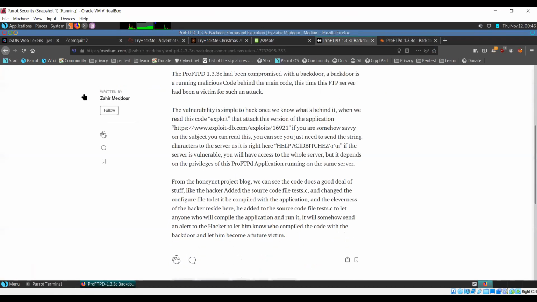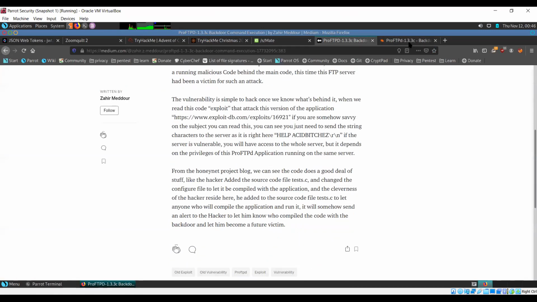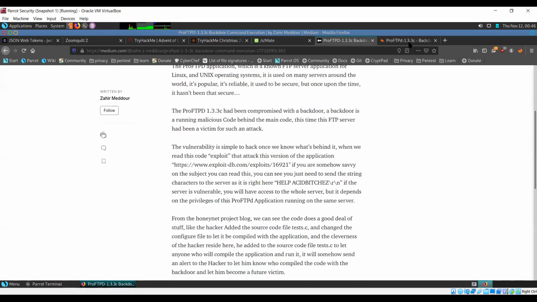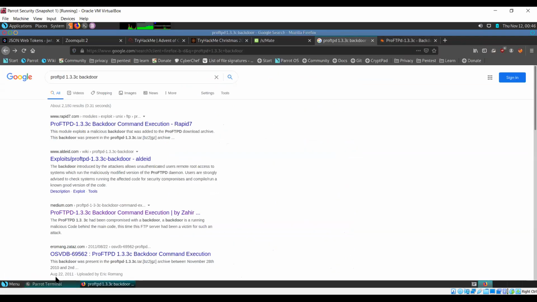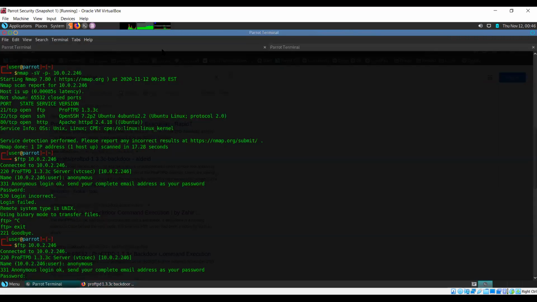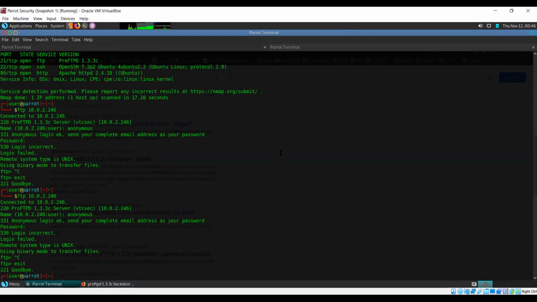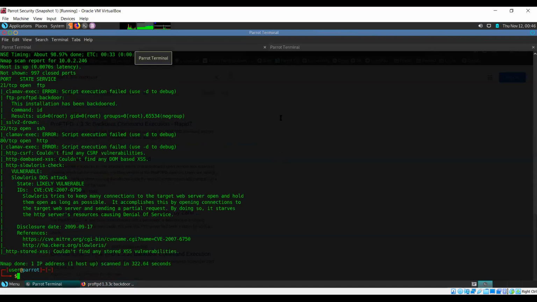Okay, this is just some general information about it. So we know that one way to exploit this is Metasploit. You can try exploiting this vulnerability.